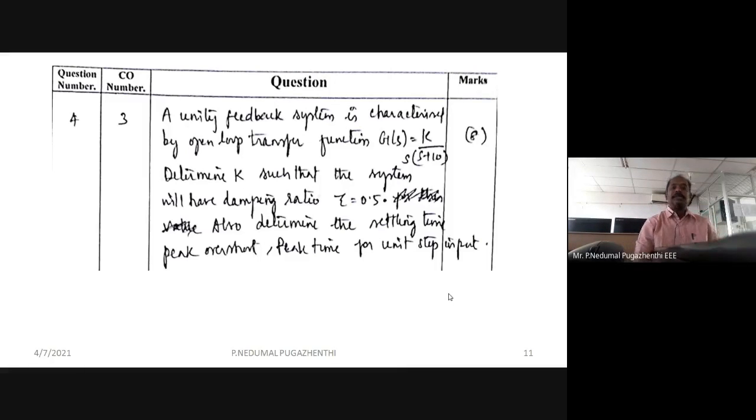In the previous class we discussed some problems related to time response analysis, which come under tutorial sheet number 6. We will try to follow and continue the same. Two more problems remain. As I have already said, I have shared both the questions as well as the key in your Google Classrooms.